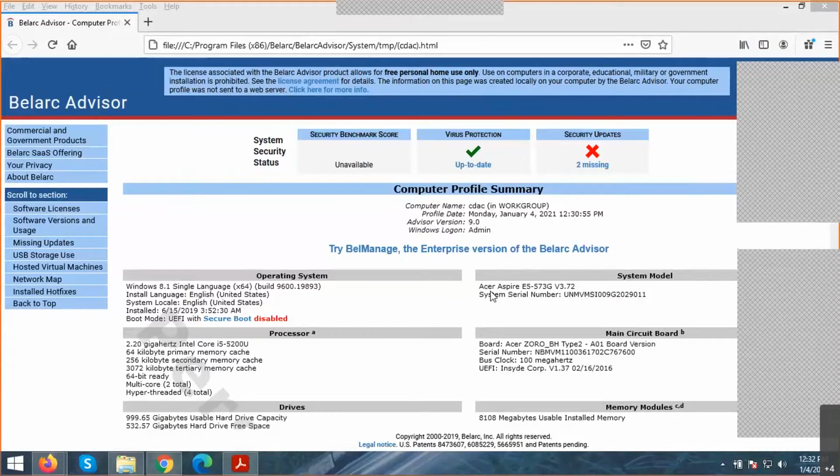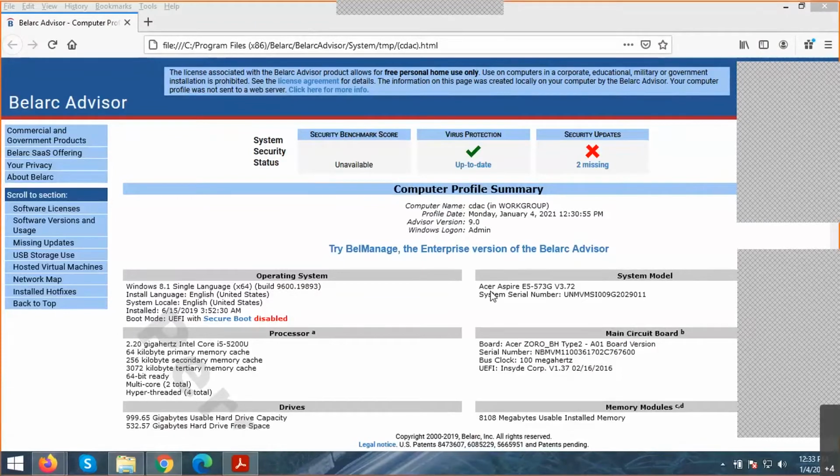Venkatrama Sharma ji, you said there are two security updates missing, right? Correct. So can you tell me about my virus protection? Is it secure or not secure? It is protected, right? And there are two security updates missing. Can you see my result and tell me what OS I'm using here? What is the operating system version? Yes, correct. The OS is Windows 8.1.